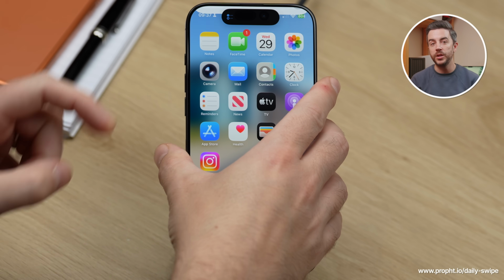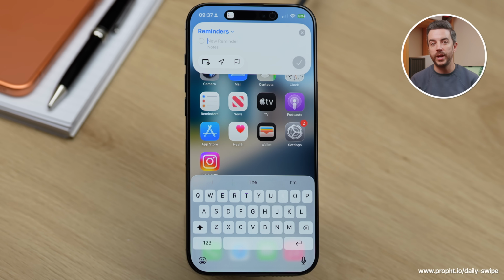The same New Reminder shortcut will appear at the top of your screen. Obviously, this only applies if your iPhone supports the Action button, but if it does, that's how you'd use it. You can also take this one step further. If you have an Action button but prefer not to use it, you can assign this function to back tap